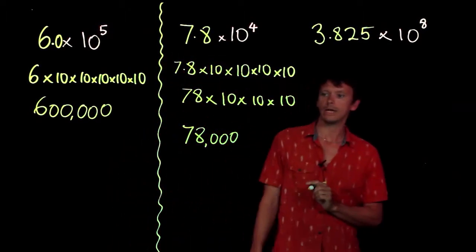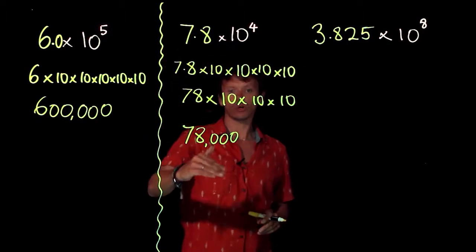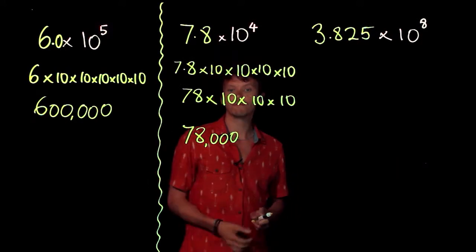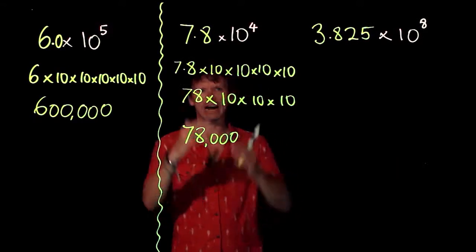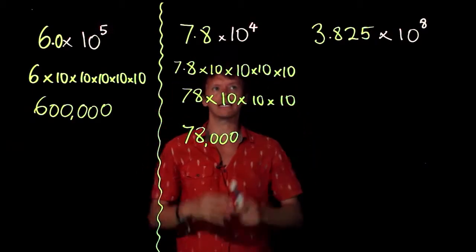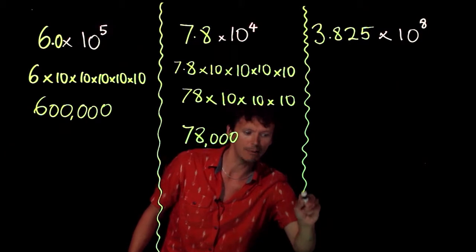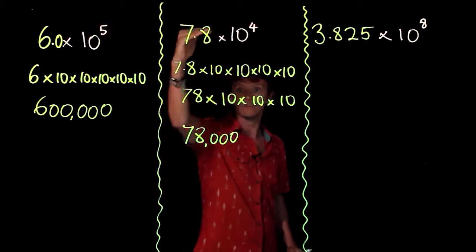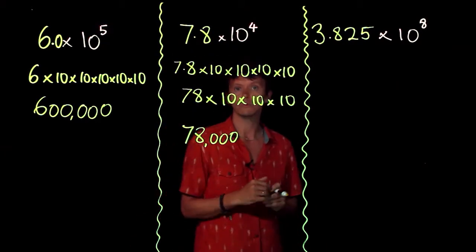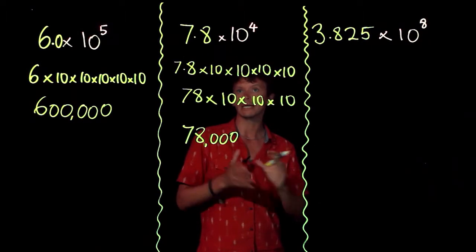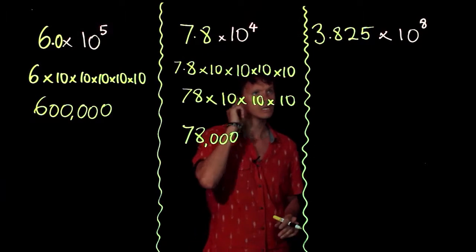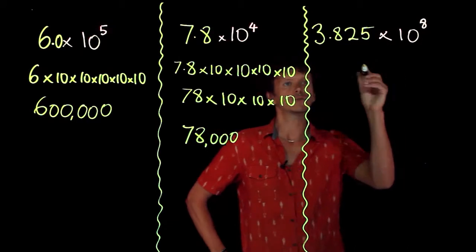78,000. Okay. That's quite a longhand way of doing this, and you'll find as you do more and more, actually, you'll start missing these steps out. And you don't always need to be writing every step, but it's really useful for you to think through in this way when you're getting used to converting out of standard form. Okay, so in this case, we have got